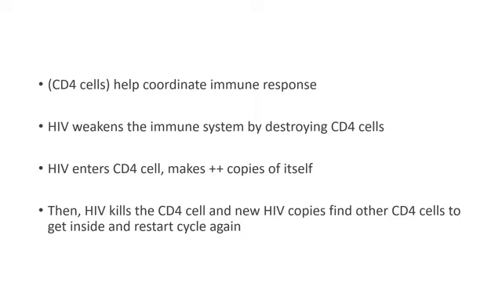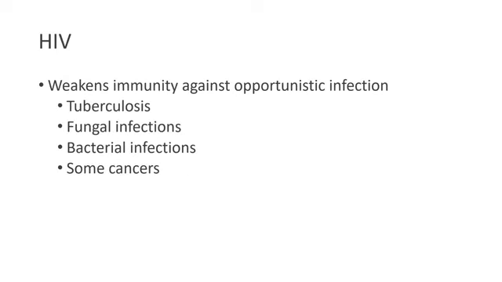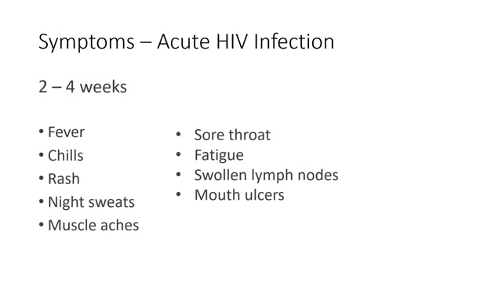So it goes from something like, I can't remember exactly, 5,000 down to 200. And when it gets that low, that's when you start getting AIDS, which is the symptoms. So HIV weakens the immunity against opportunistic infections. That means those who have an opportunity to infect. They don't all normally infect, but they have this opportunity to now infect because we don't have a functioning immune system. So what are some of those diseases? Well, there's lots of them, but some of the more serious ones are tuberculosis, certain fungal infections, bacterial infections, and even cancer. You might have heard of Kaposi sarcoma. That's a very common one in HIV, but it's very uncommon in the general population.